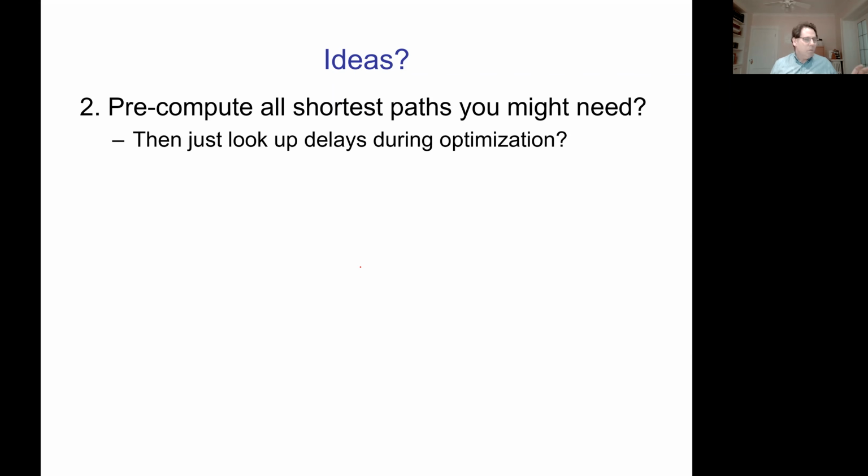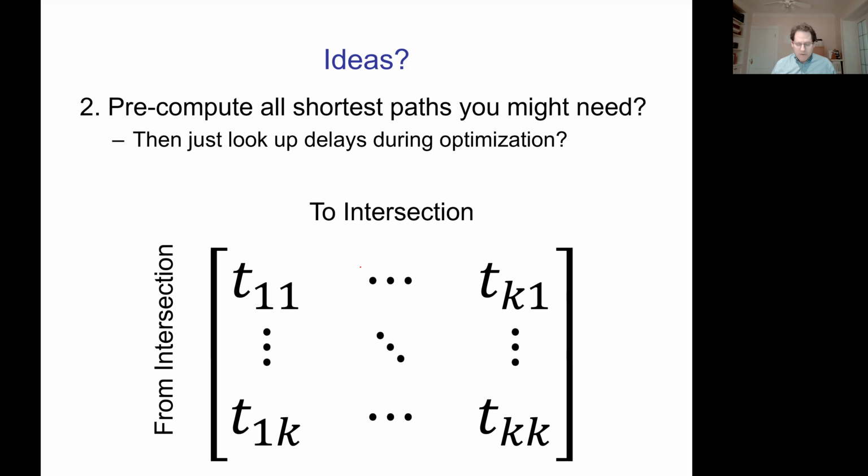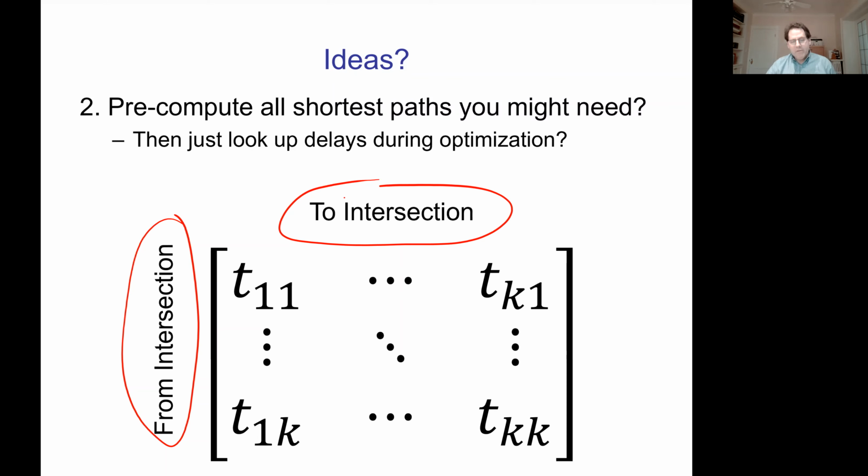Okay, so we could pre-compute all the shortest paths that we might need, and then just look them up during optimization. So we could store these in a matrix or something kind of like a matrix. We have some from intersections, some to intersections. So if we have k interesting intersections, these are intersections that are part of a pickup or a drop off, maybe a depot, but they're interesting intersections,